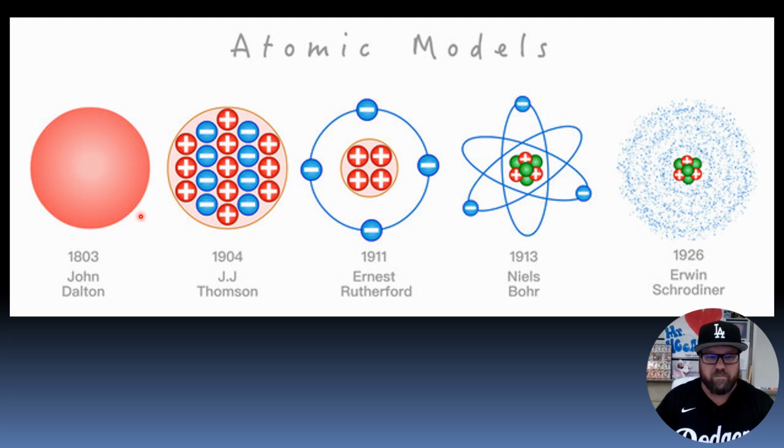None of that occurred. Then we have Thomson's plum pudding model, late 1800s, early 1900s, very famous for showing that there are pieces that are smaller than the atom that have unique properties that make up the atom, specifically the electron. Then we get to Rutherford, who I believe really was the tipping point in this story of the history